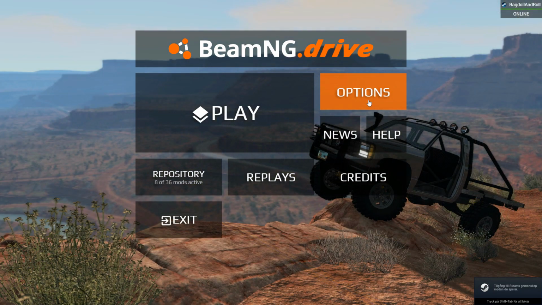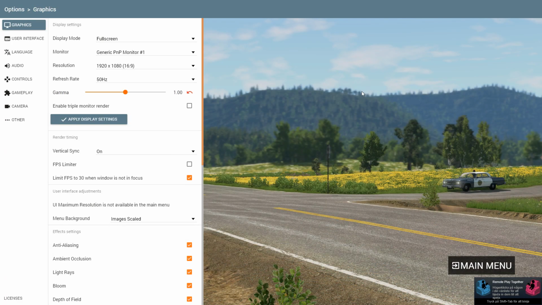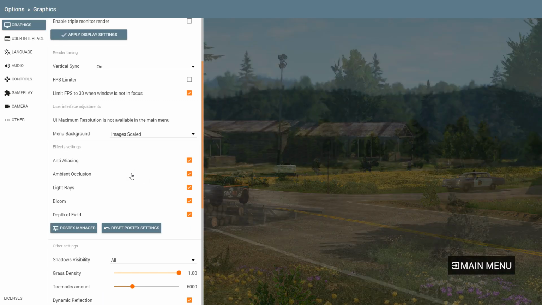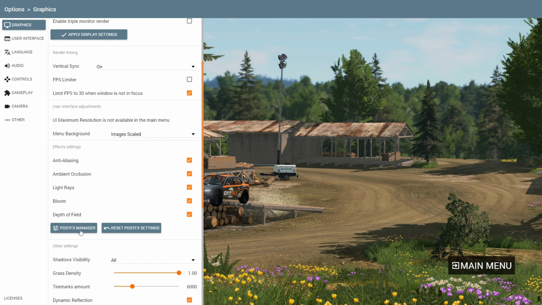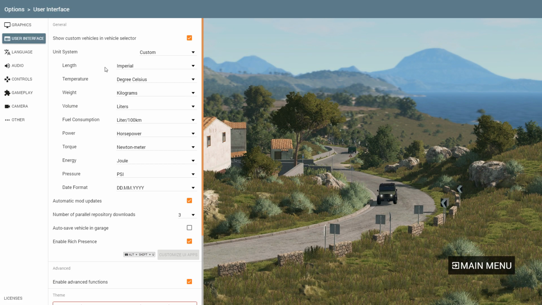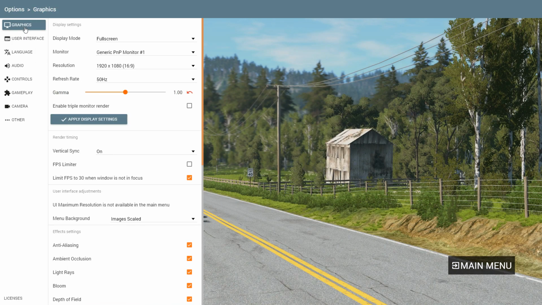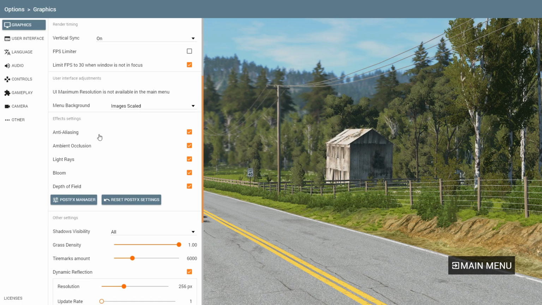So there's a few things. Most of you won't have some of these options. What can be needed if you don't have them is you go to user interface and make sure you've enabled advanced functions. When you've done that, you move back to graphics, go down here, and make sure these are